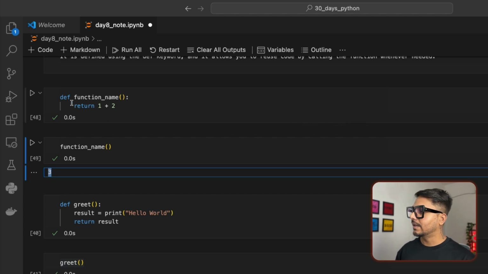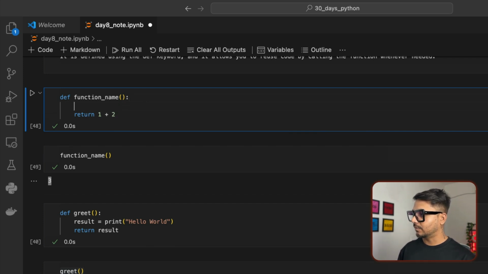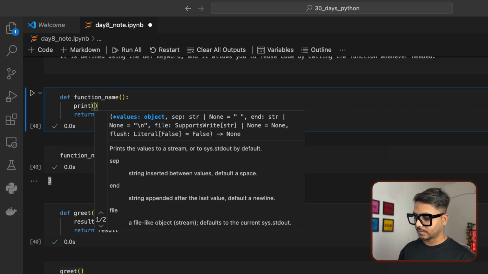Very simple. def, the function's name, and if you have any parameters, you will define them inside it, which we will see now. If you do not have any parameters, whatever you want to execute, you execute here, and then you mention it in the return by saving it into a variable, or you can just mention it this way. Or you can write a print statement as well. We can go ahead and say print,